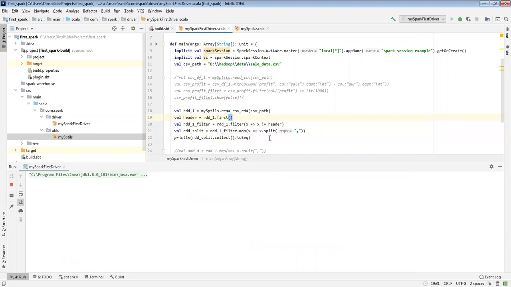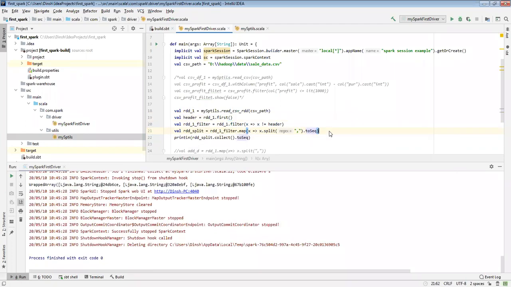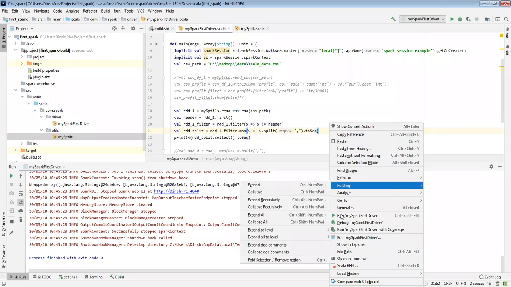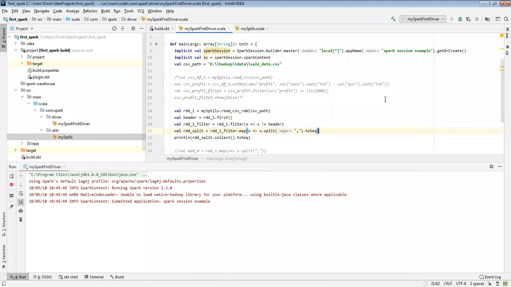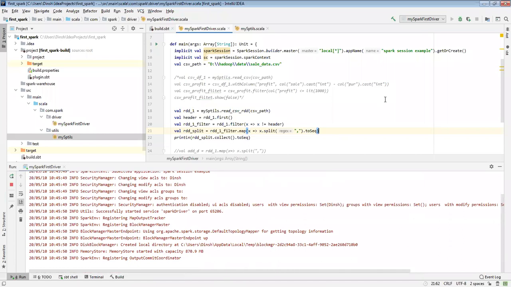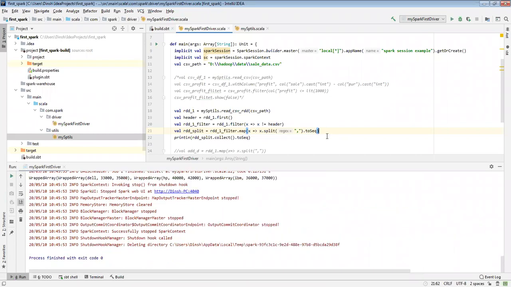And this also I will convert to sequence. Okay, so now it has come into different arrays. I got it. Now I want to convert this to that element. So how can I do that?